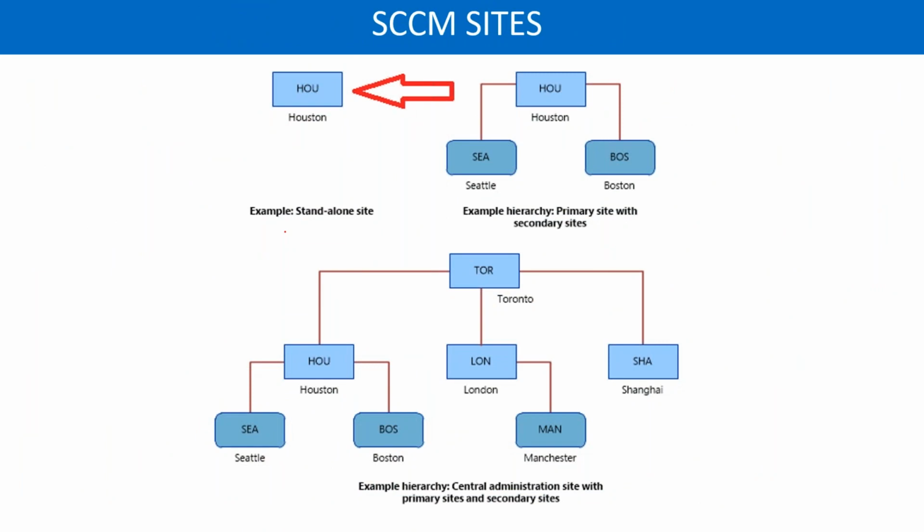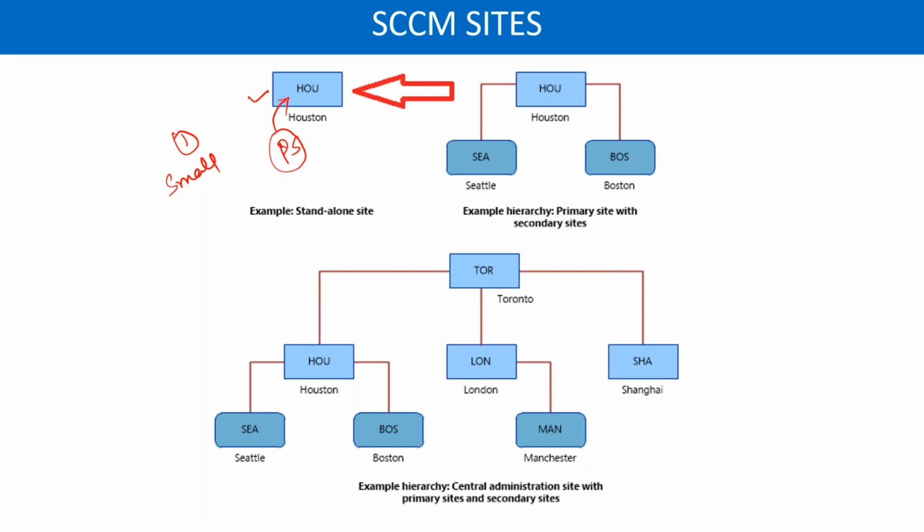Now there are 3 architectures. Suppose you are working as an SCCM architect and your job is to implement SCCM in companies. How will you decide what architecture to choose? There are only 3 types of architecture for SCCM. For small size companies, you do this kind of architecture, where only one primary site is there, and that will manage all the devices in the headquarter, Houston.